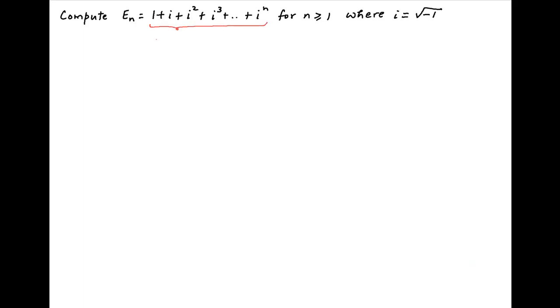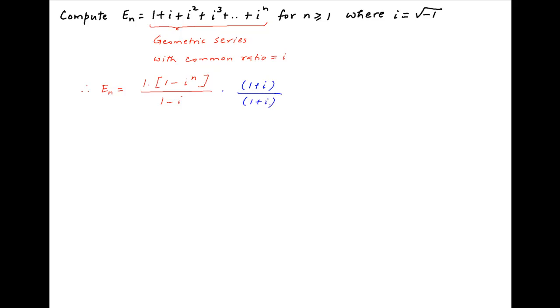Start by noting that En is a geometric series with first term 1 and common ratio i. Therefore, En is equal to 1 times, in brackets, 1 minus i raised to the power n divided by 1 minus i. Now multiply and divide by the conjugate of the denominator, that is 1 plus i, and therefore En is equal to